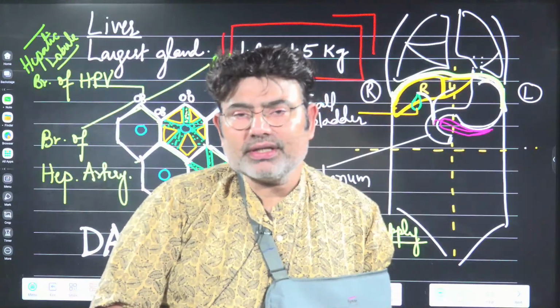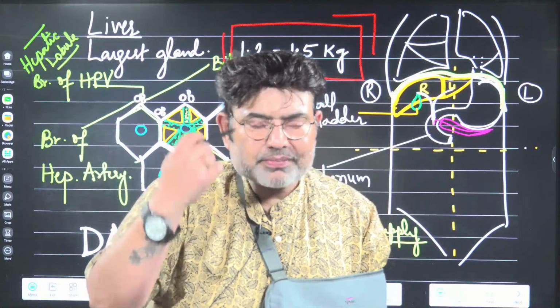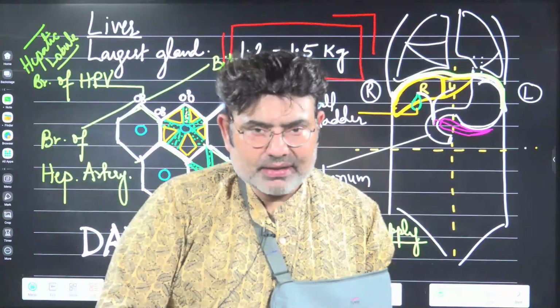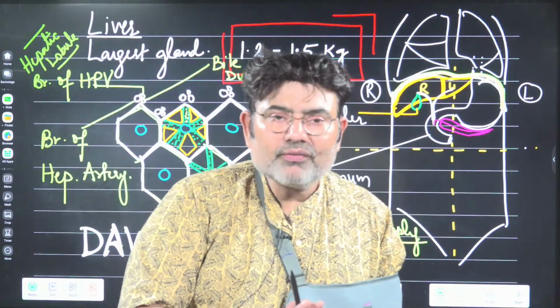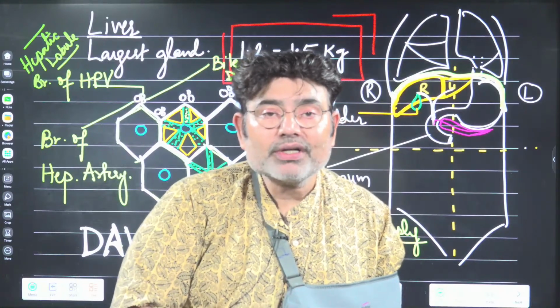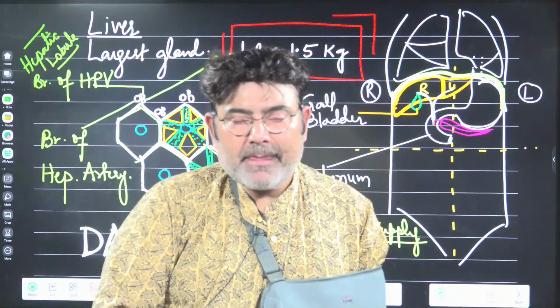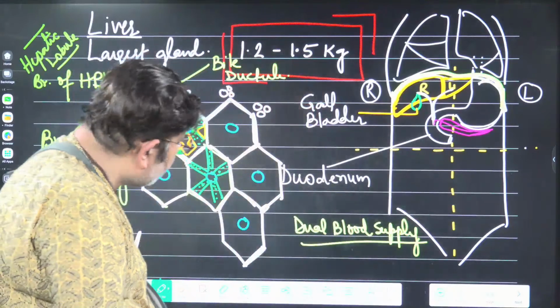Hypophysial portal system is also found in human beings, and this connects the hypothalamus to the pituitary. In a different chapter, we will discuss the hypophysial portal system. I think here you can understand about the portal vein. Which one? Hepatic portal vein. On the board, I have written it like HPV. If you have any doubt, you can write here, and if not, then we can continue.